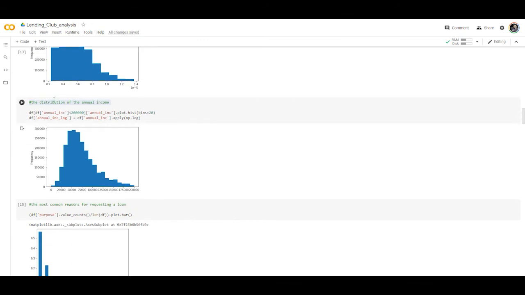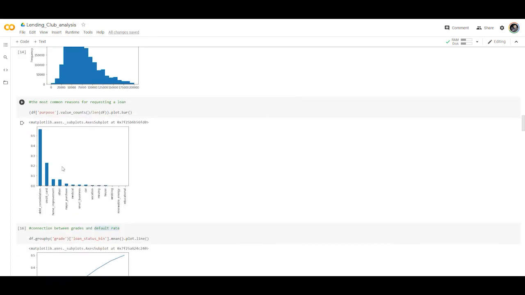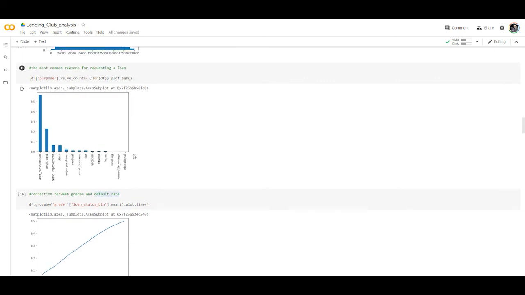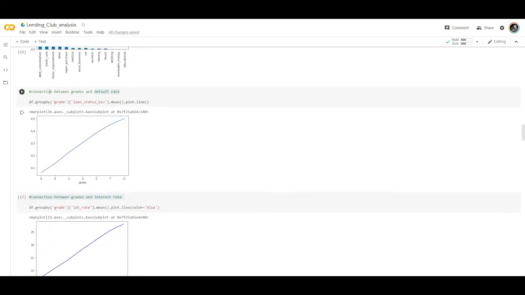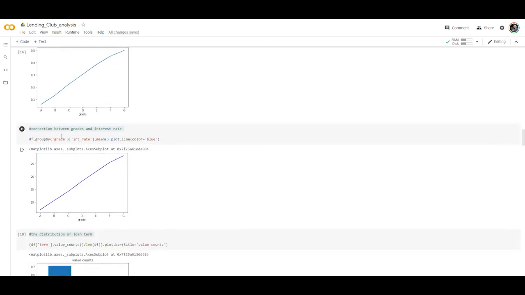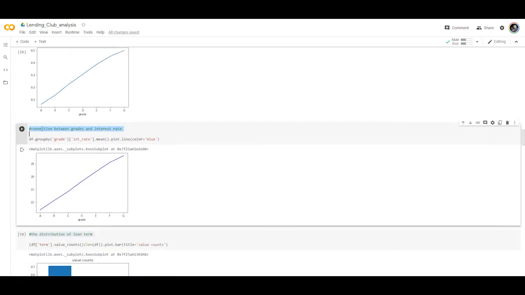The distribution of annual income, it's normalized. The most common reason for requesting a loan and the distribution of it. So it's for debt consolidation, credit card, home improvement, other different reasons for requesting a loan. Connection between grades and default rate is linear, and we see it on the plot. A connection between grades and interest rate